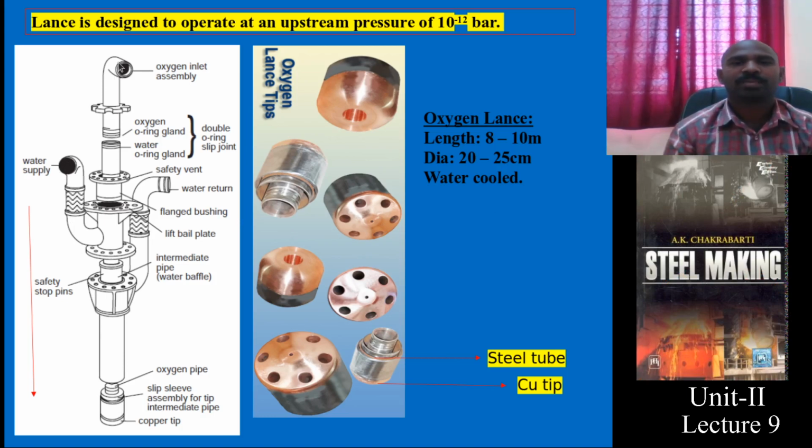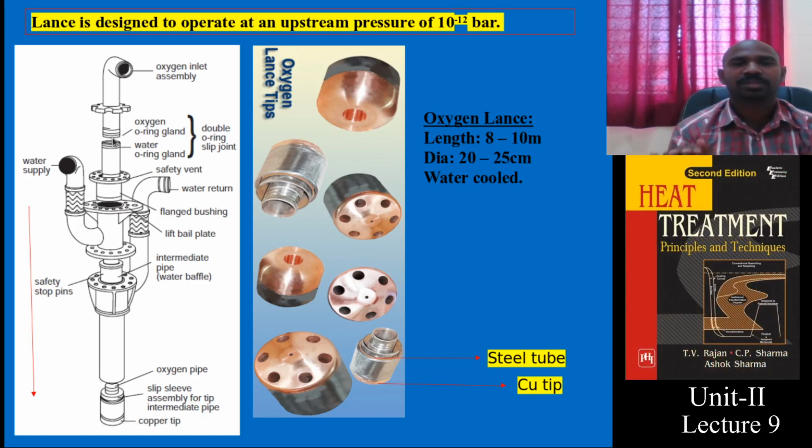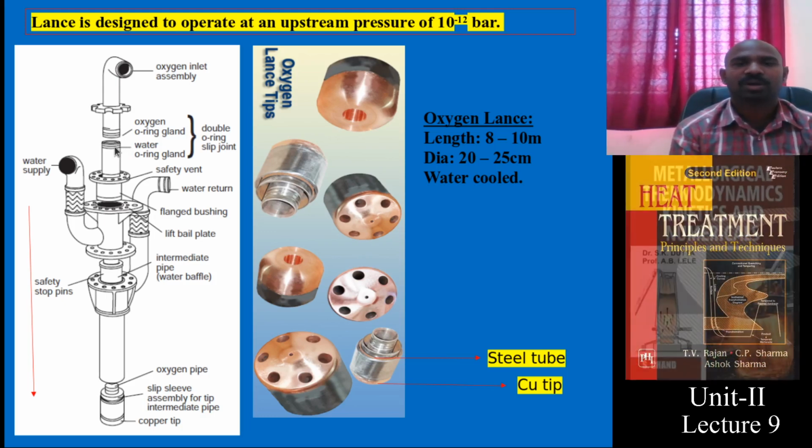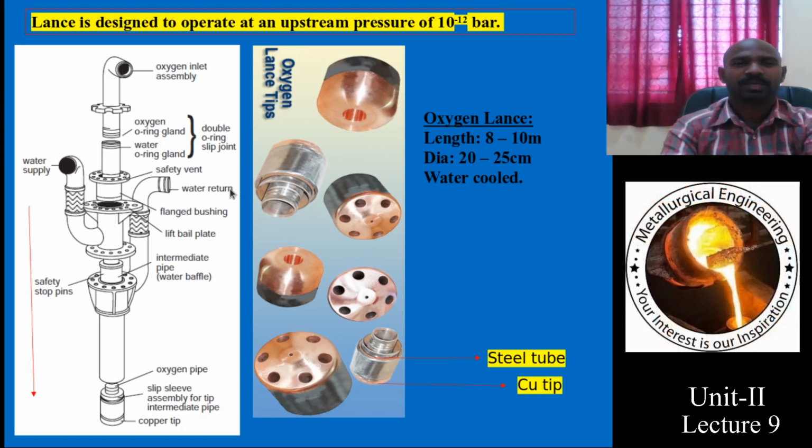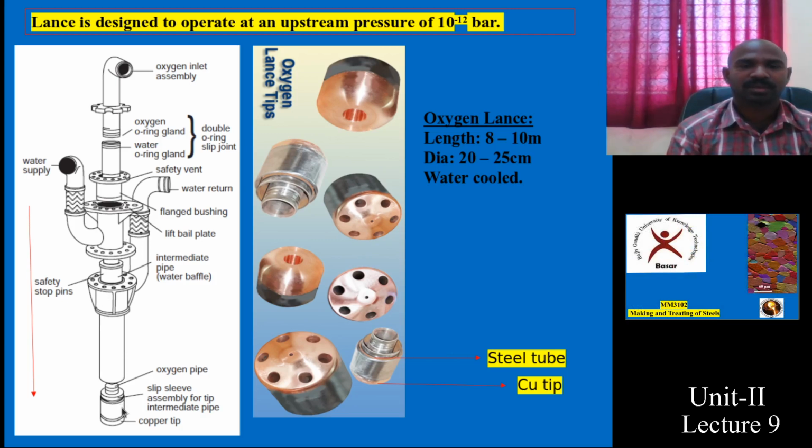And for this design, for easy understanding, a skeleton image is being shown here. Oxygen ring and water ring: inside is the water ring, the top one is the oxygen ring. It is a kind of hollow tube and there will be a water inlet and water outlet, and this is how this tube will be plunged together, and these go to the bottom of the molten steel.